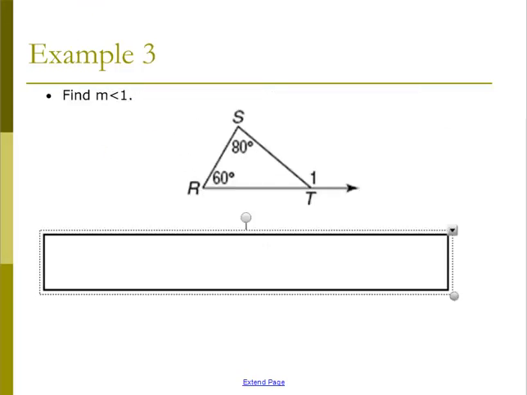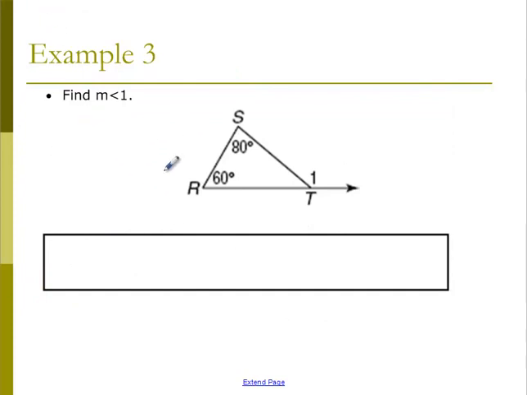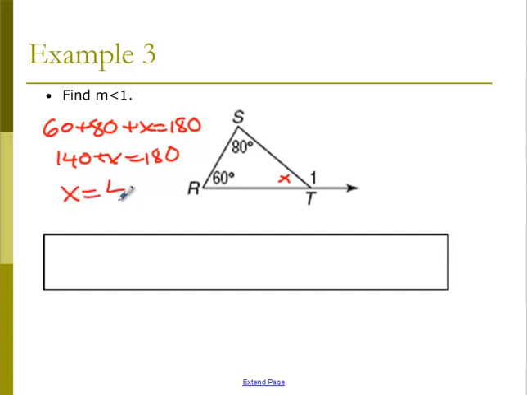Now, let's go ahead and start working on this one. And I've got the exterior angle theorem covered up with that box. So we could try it first, then look at the shortcut. So I have three angles in the triangle. I don't know that one. But I know that 60 plus 80 plus x equals 180, and 140 plus x equals 180. So I'm just solving for the angle that's next to angle 1, and I get that that angle right there